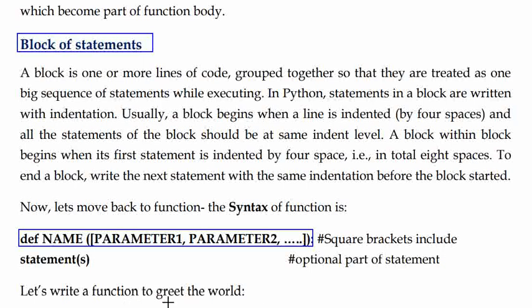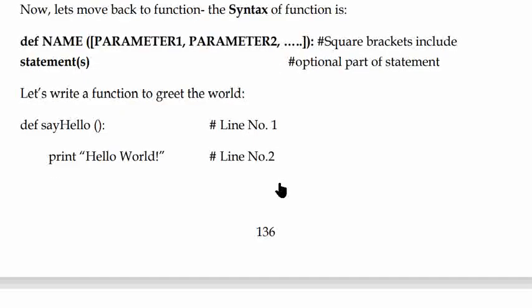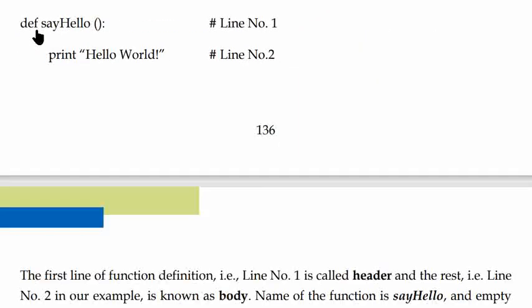Let's write a function to greet the world. See, here a function is defined. The name of the function is say_hello. There is no parameter. Line number 1, colon is there. Print hello world.